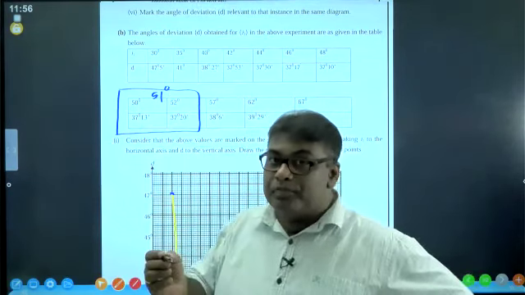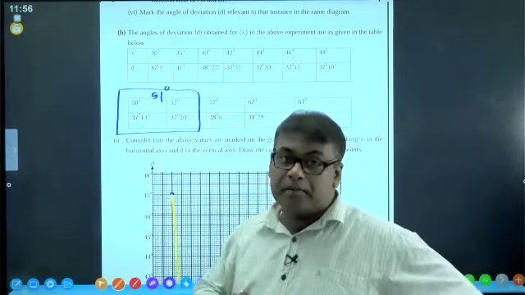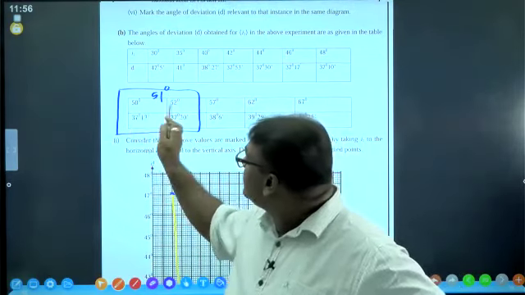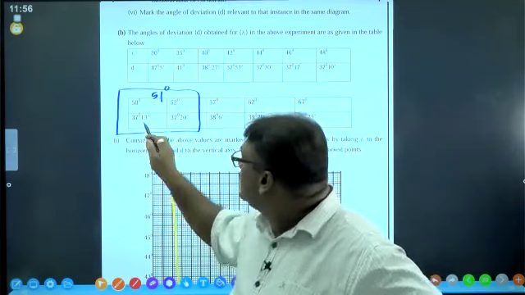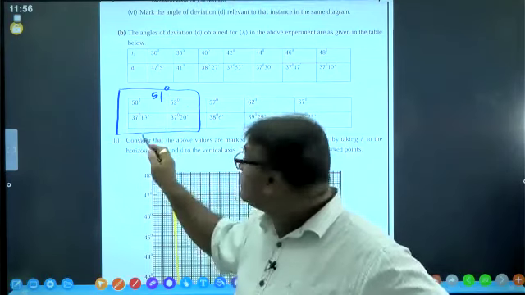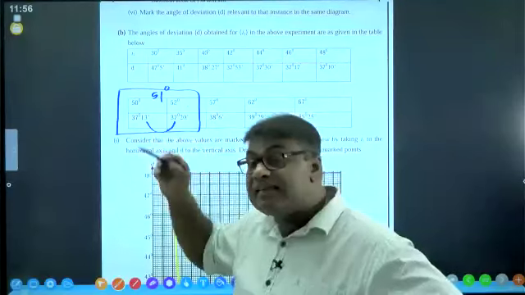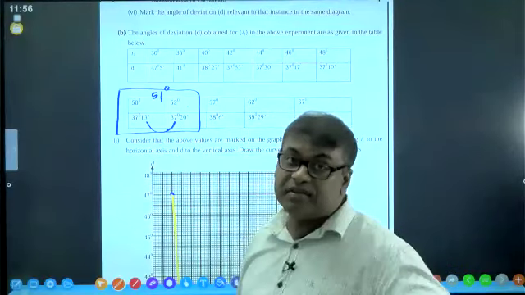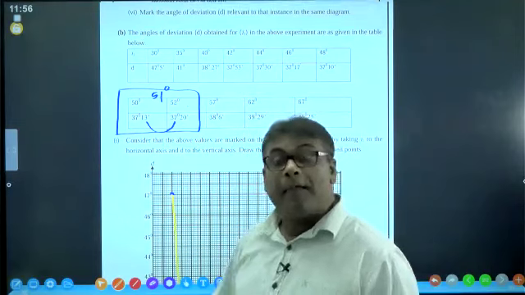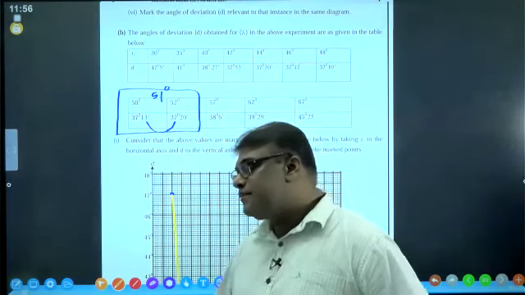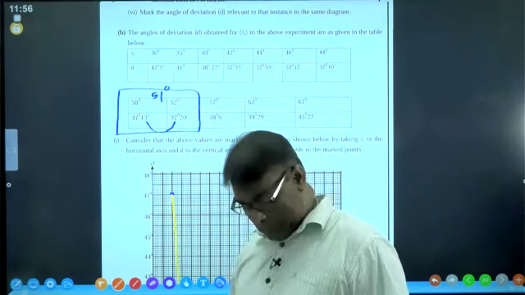We have to rearrange the experiment or repeat the experiment. After we have identified these two, we know the minimum deviation lies in between these two. Then we have to repeat the experiment by selecting a 51 degree angle of incidence. That is another precaution, right? Yes. After identifying the nearby